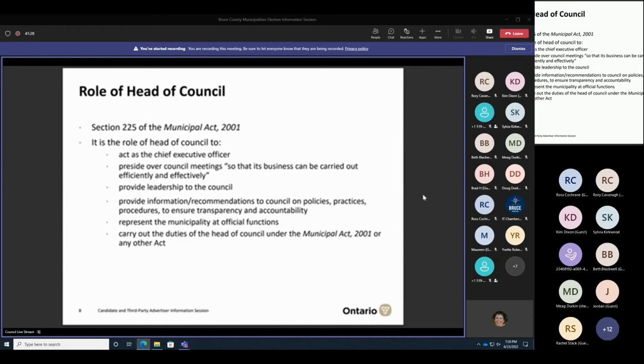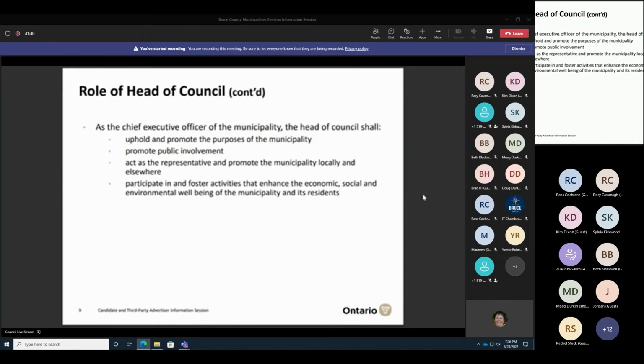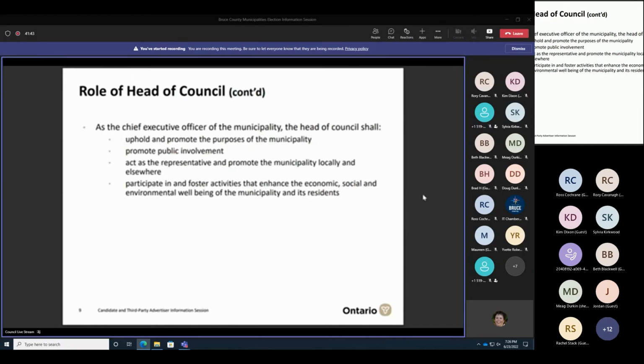So the role of the head of council is basically to act as a leader. And the head of council is the chair of the meetings of council and the public face of the municipality. Next slide, please. So as the chief executive officer of the municipality, the head of council shall uphold and promote the purposes of the municipality, promote public involvement, act as the representative, and promote the municipality locally and elsewhere, participate in and foster activities that enhance the economic, social, and environmental well-being of the municipality